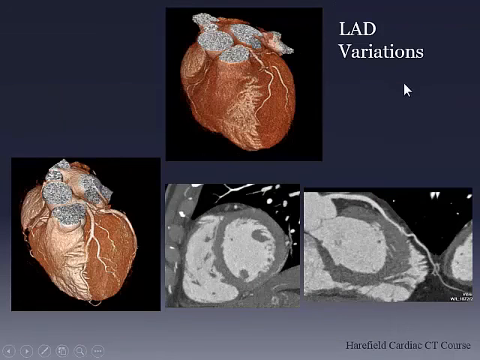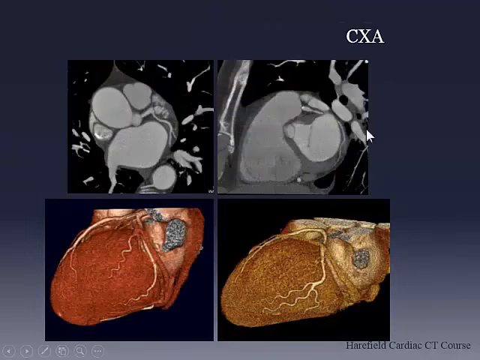Okay, some of the LAD variations. The LAD will always go towards the LV apex, but sometimes you'll see it petering out, and sometimes you'll get a big diagonal that goes towards the apex instead. Okay, circumflex,